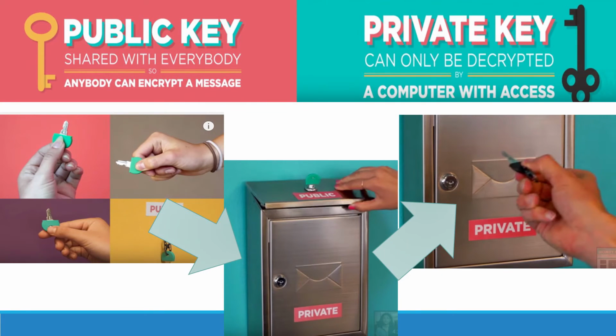As our code.org video showed us, it's really easy to visualize asymmetric encryption. Let's pretend that Alice has a mailbox that's locked on the outside in two places. On the top, members of the public with the correct key can open up the box and put mail in the slot for Alice to read. But only Alice can remove the mail from the box using the private key